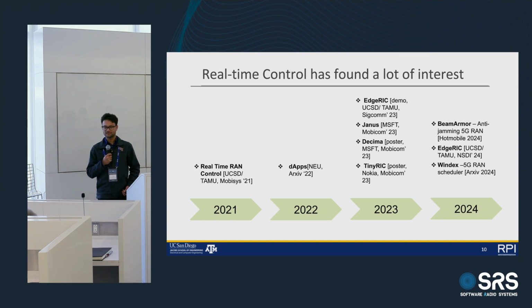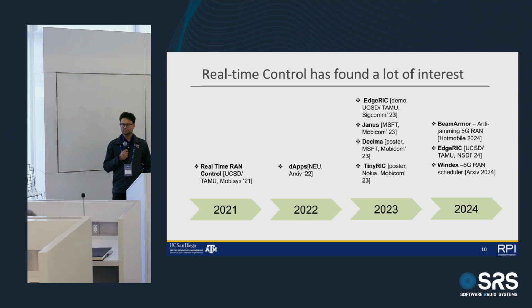Mainly, they have demonstrated applications like real-time telemetry. You can infer a lot of physical layer application. You can monitor performance, power, and so on. But one of the drawbacks is you cannot have a real-time control loop, right? You want to build a control loop. You want to update the scheduling policy. You want to update a beamforming vector based on the analysis or AI/ML algorithms that you're running in the controller.